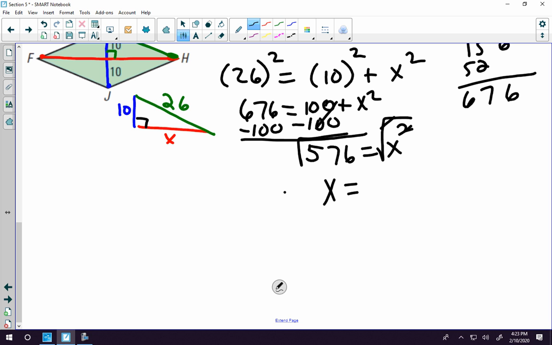I believe that's 24 units. Let me double check myself. 24 times 24, that makes sense. 576, yep, I believe that's 24 units. So the length of the red segment is going to be 24